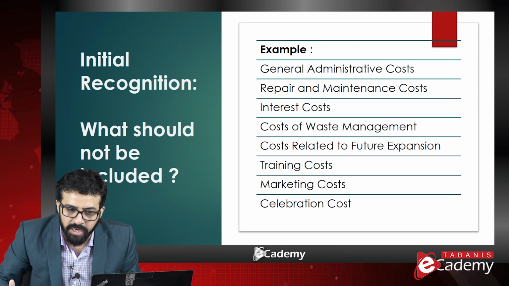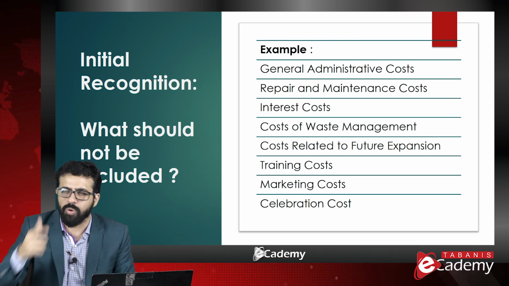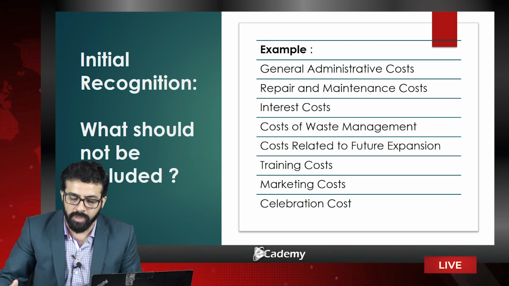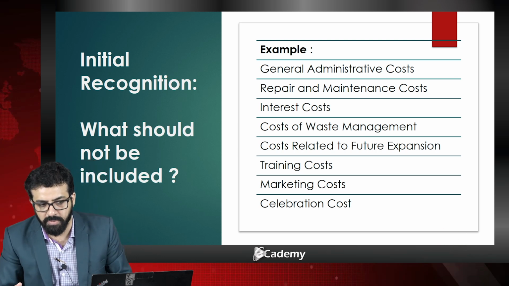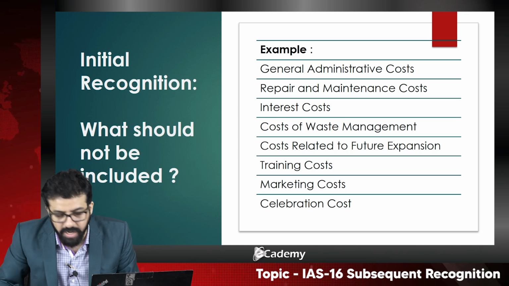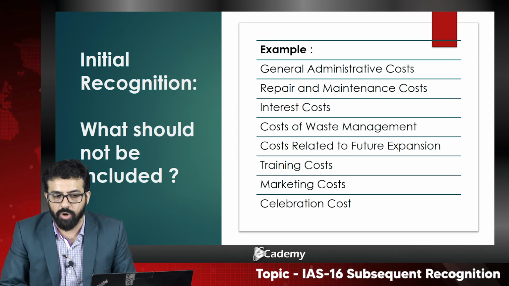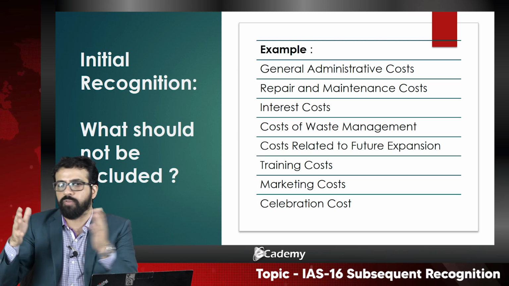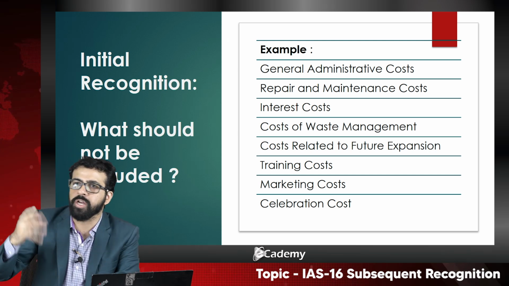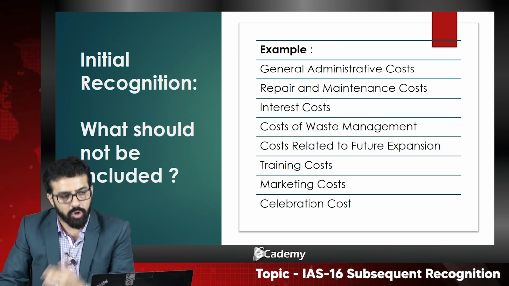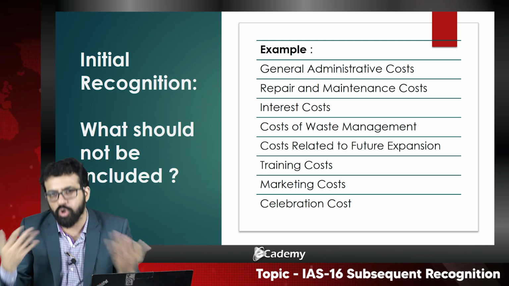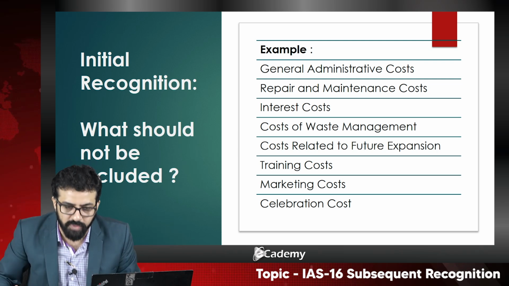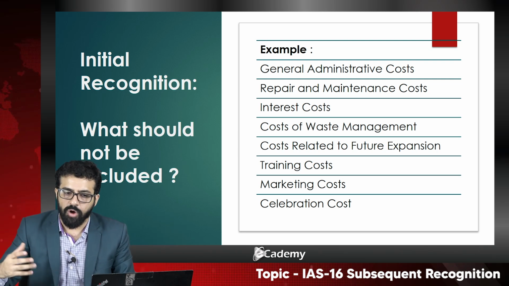Likewise, the repairs and maintenance cost will be subsequent expenditure, and we will later discuss it when we discuss subsequent expenditure. Interest cost will definitely not be a part of the components of the asset. If you have, for example, acquired a loan for the whole factory, why would you include that particular loan's interest cost in the components of cost? For sure you will not include it because it has no direct connection with that particular asset. Cost of waste management,